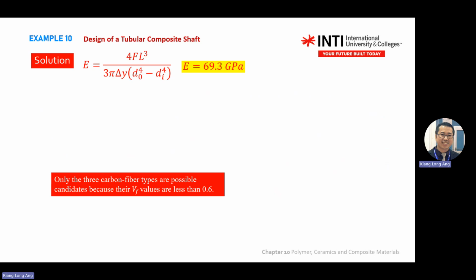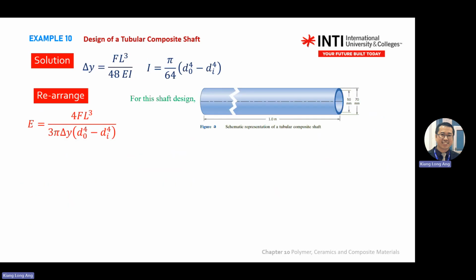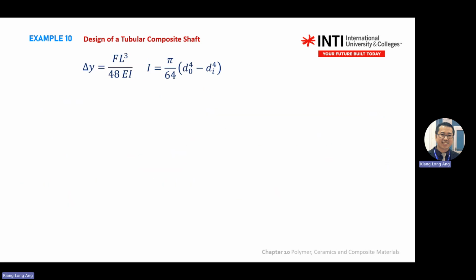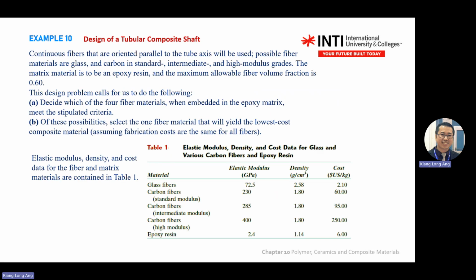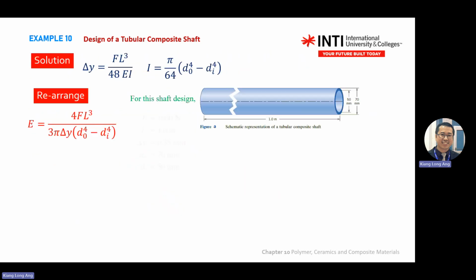Okay. So you try to think the logic behind. So this is the table that you see in your question. So you have modulus Young, your density. So you can find based on modulus Young here by certain percentage. You have the E here, E fiber and E epoxy. So when you substitute into the equation,